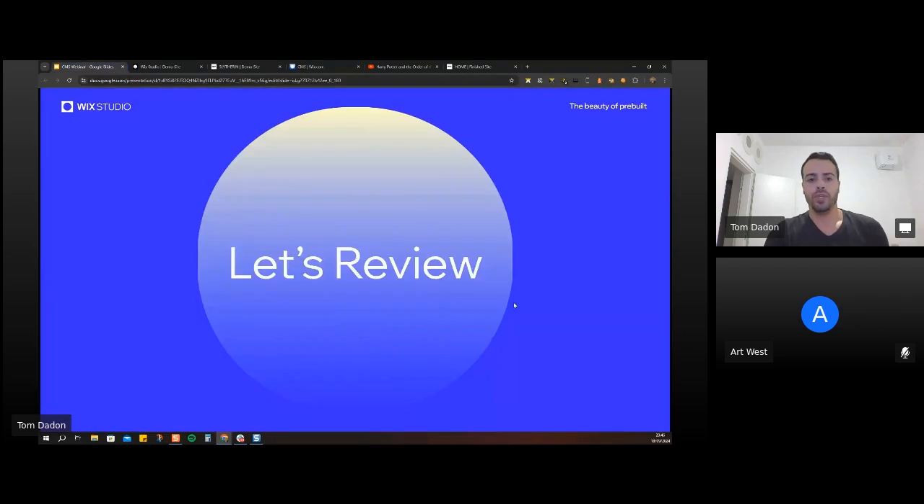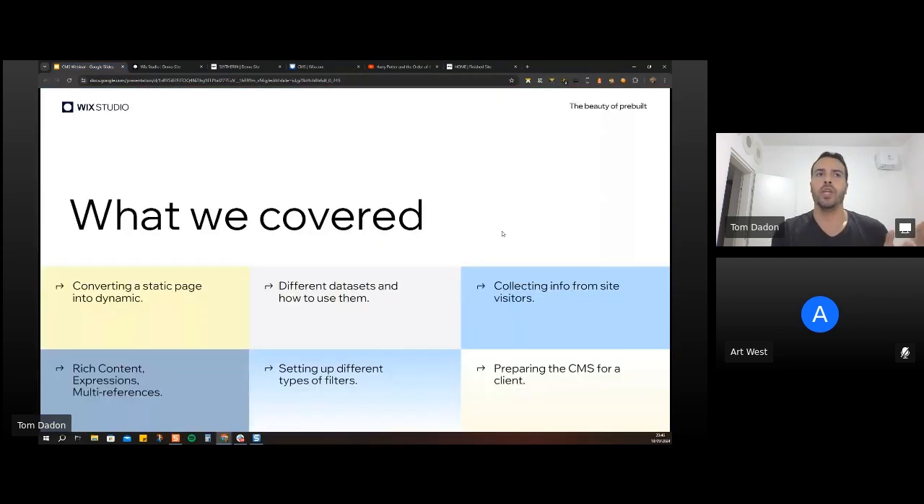Let's review, because we've been through quite a lot. So today we learned about converting a static page into a dynamic one, and also the other types of pages that you can have within the dynamic CMS system. The different data sets and how to use them. So whether it's a data set that is set to collect information or to display information, how to collect information from site visitors using custom forms that you create on your own using input elements and connect them all to the same collection. We learned about the advanced functionality of rich content and also expressions and multi-references and the way